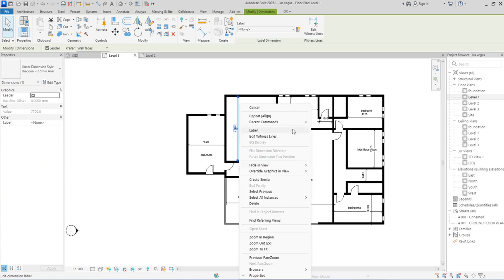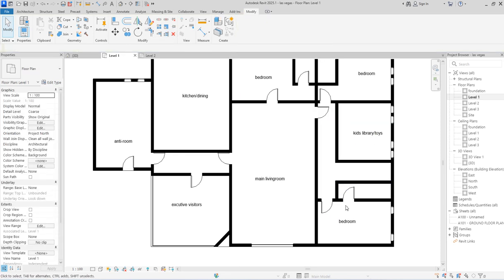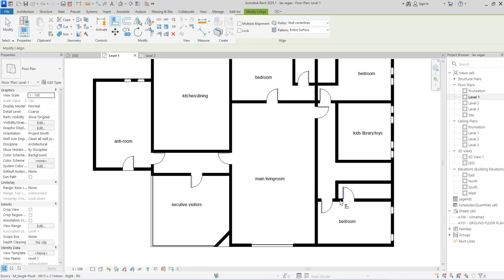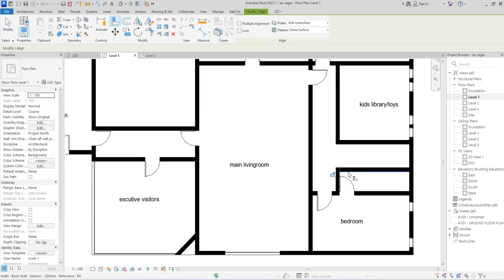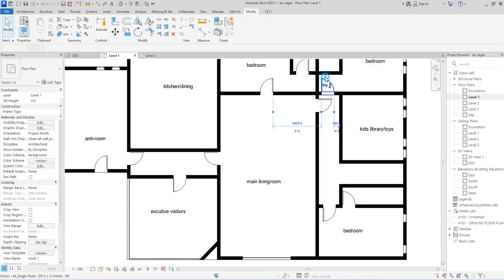Select this. Since I've used this, I want to delete all the dimensions. I don't want them again. Select all instances in this view because I'm not going to use this particular format. So I say delete. So no more dimension. If you need a dimension, follow through the one you have in your drawing, so that you understand the whole parameter, how we are working on it.